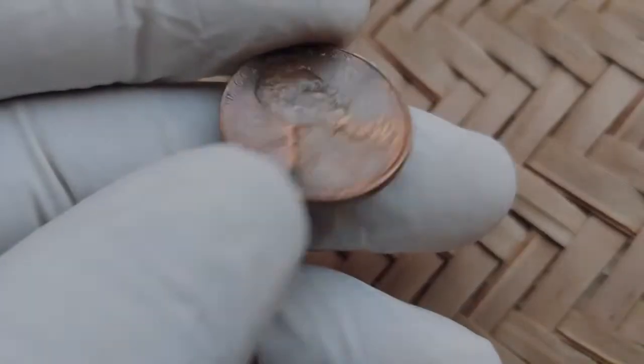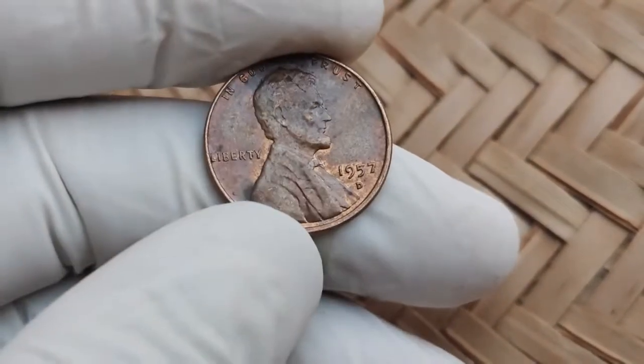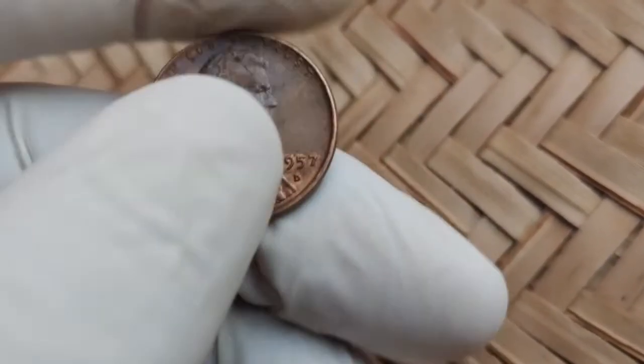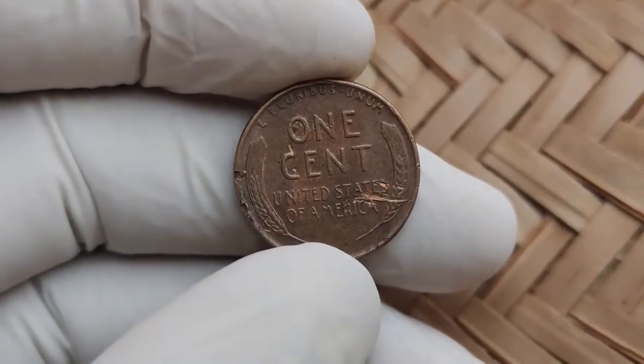Coin collectors, treasure hunters, and rare coin enthusiasts. If you've ever wondered if a single penny could change your life, you're in for an incredible ride today. Get ready, because we're diving deep into the fascinating story of the 1957 wheat penny, a tiny coin that many people overlook, but one that could be worth as much as